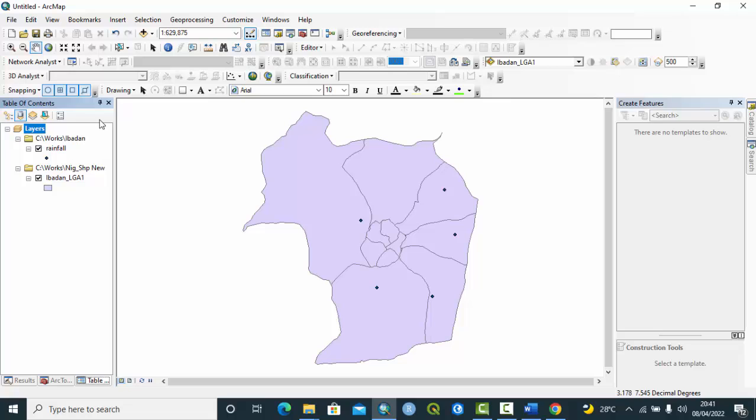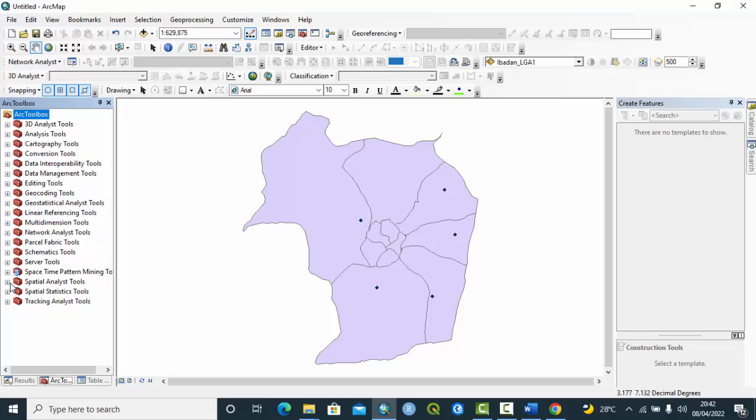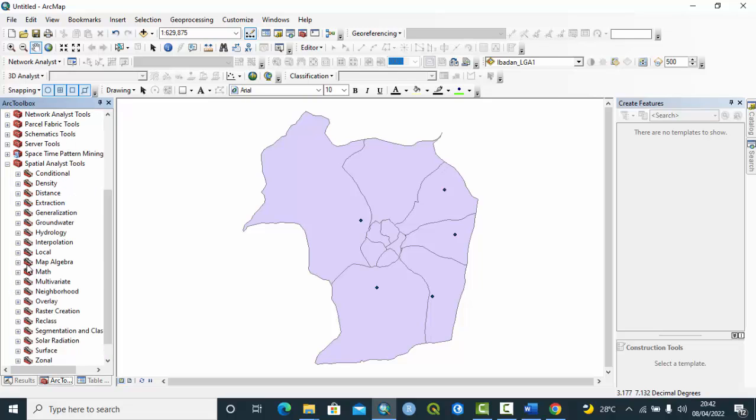Now what I'm going to do is create a rainfall map, and to do that I'm going to go to ArcGIS. I'm going to go to Spatial Analysis, then Hydrology,